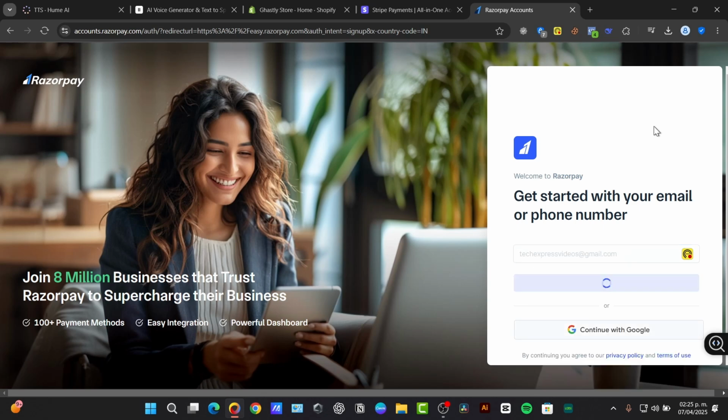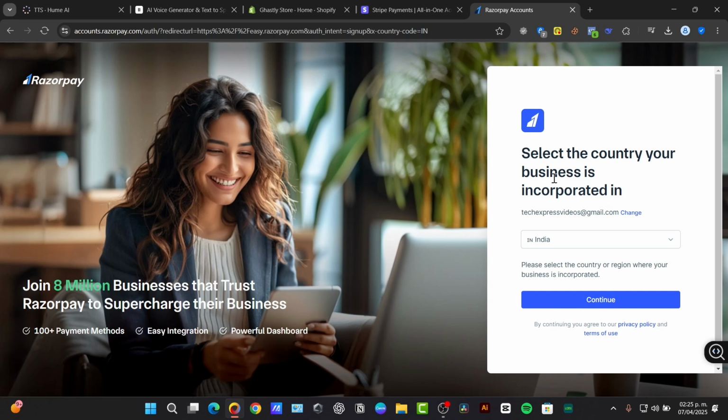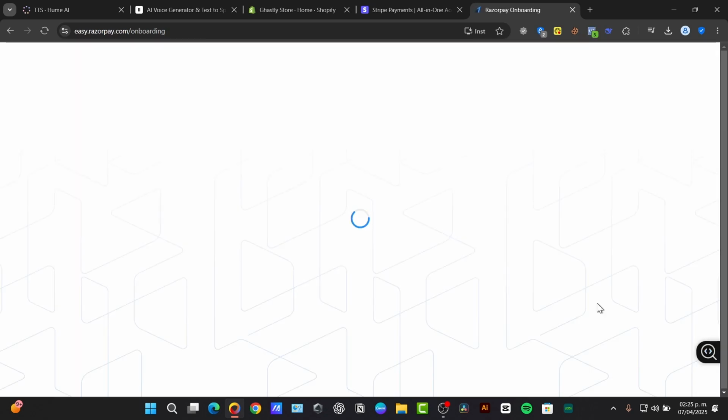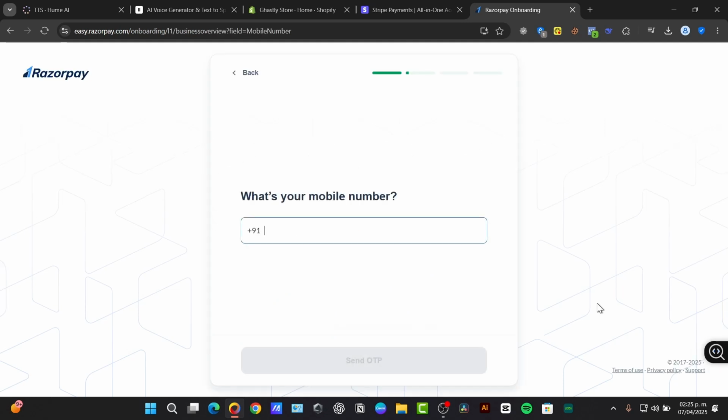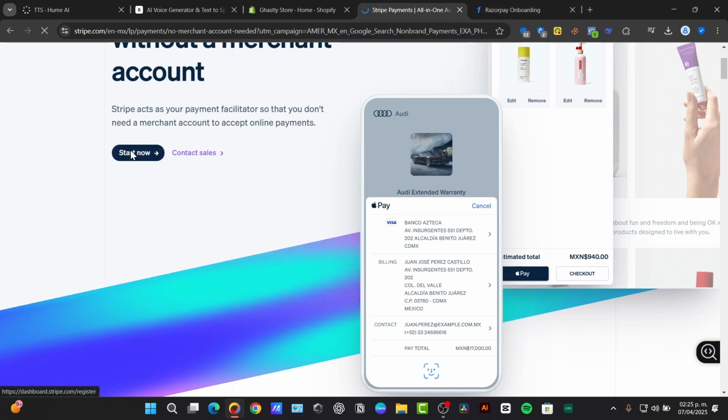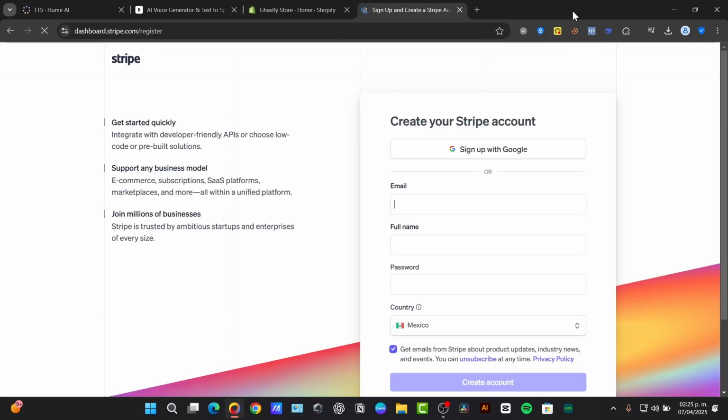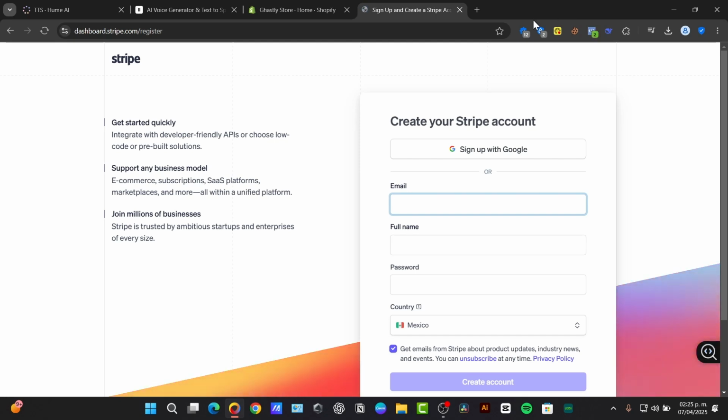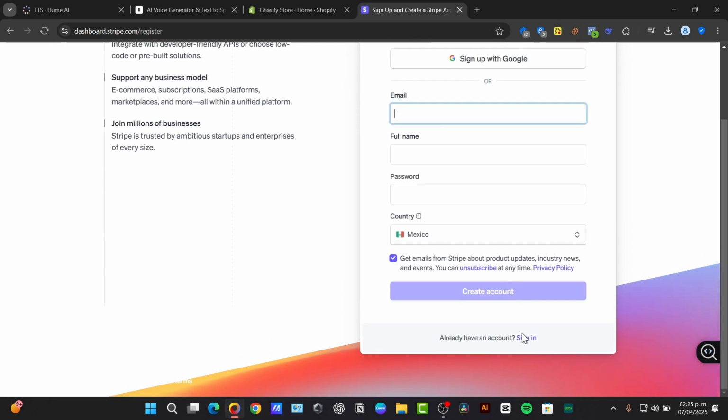Then you want to generate API keys. So obtain your API keys from the gateway dashboard. If I hit continue, it's going to ask me to generate my actual account. Right now, we can't use Razorpay because we are not located in India, and I believe it's going to be blocked if we try to use a VPN with our account. So to make this process much faster, I'm going to be using Stripe. You don't have to worry about it because the process is exactly the same with any application that you choose with the UPI, right? So I'm going to try to sign in really quick,